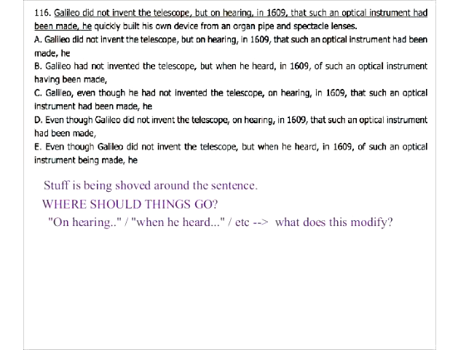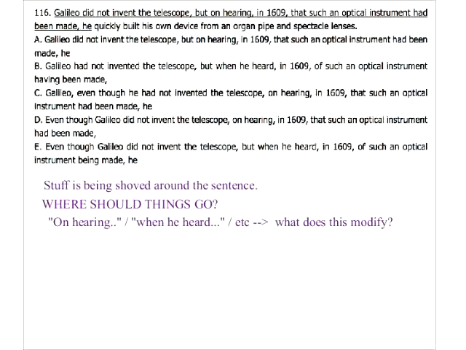Okay, yeah, when he heard that something had been made, he made his own. So this should modify the sentence. Not a telescope. I mean, telescopes don't hear things. So this couldn't modify a telescope. But this modifies the sentence describing